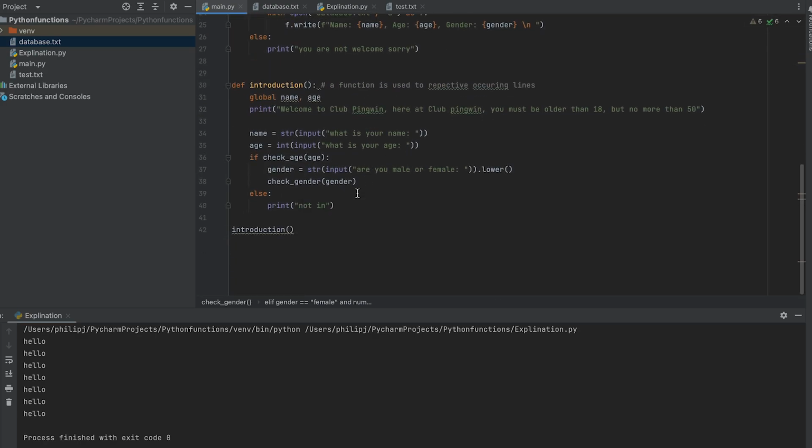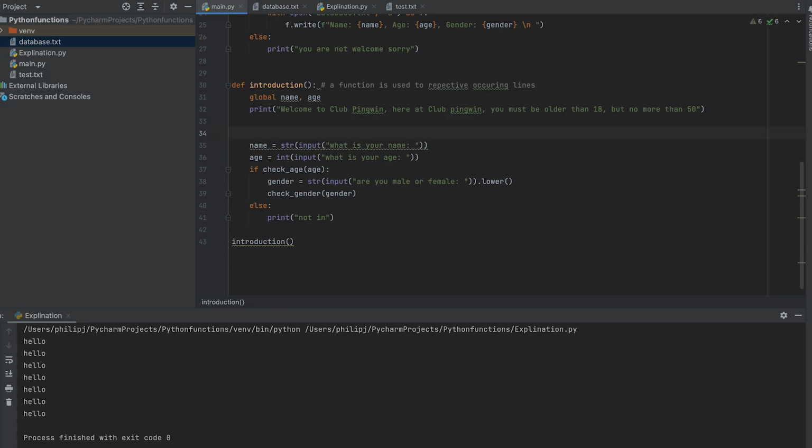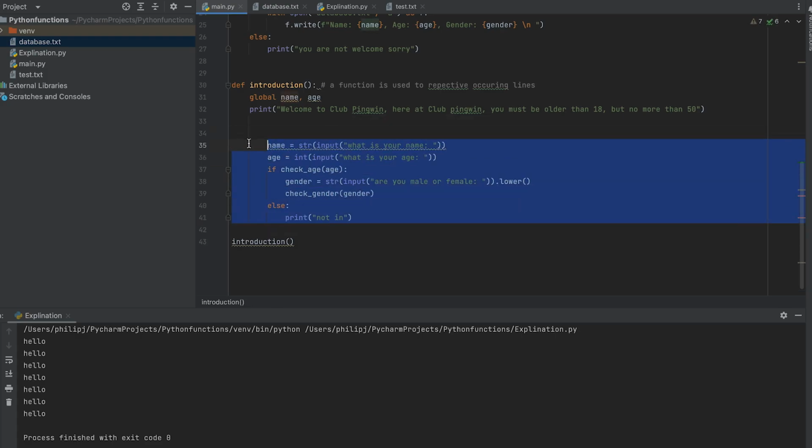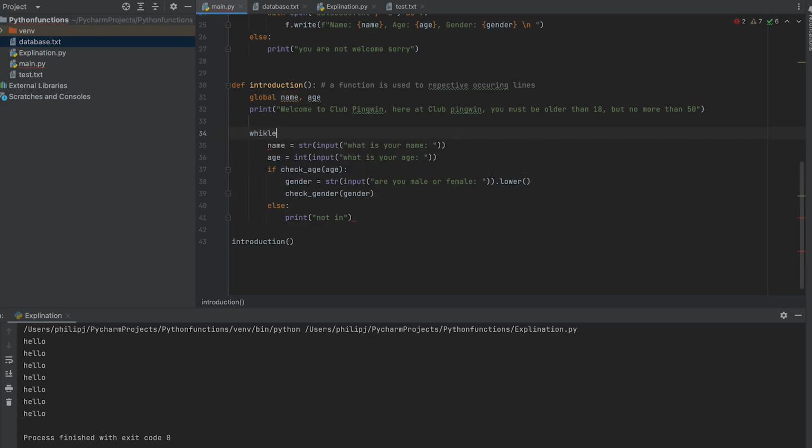So to use this in our data, we can go back to the introduction, and we can say, okay, we need to add a while loop. So I'm just going to indent all this, and I'm going to add a while. Let's do while true. While true, we want to print this, ask for the name, check the age, and check the gender. And if nothing worked out, we wanted it to keep running again. So instead of else, we're just going to